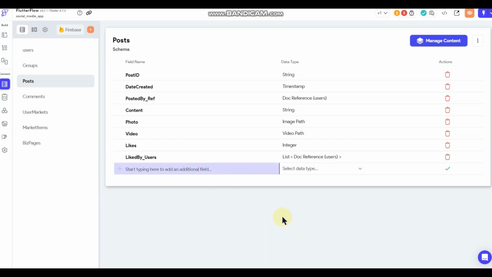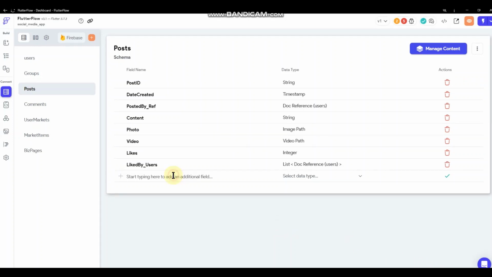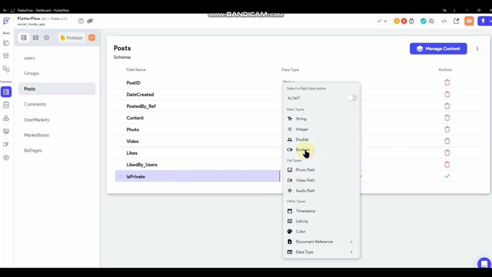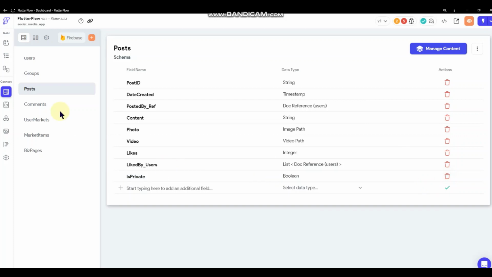Okay. Then we're going to do is private, whether this group is public or not. Or I'm sorry, this post. This post is publicly visible.